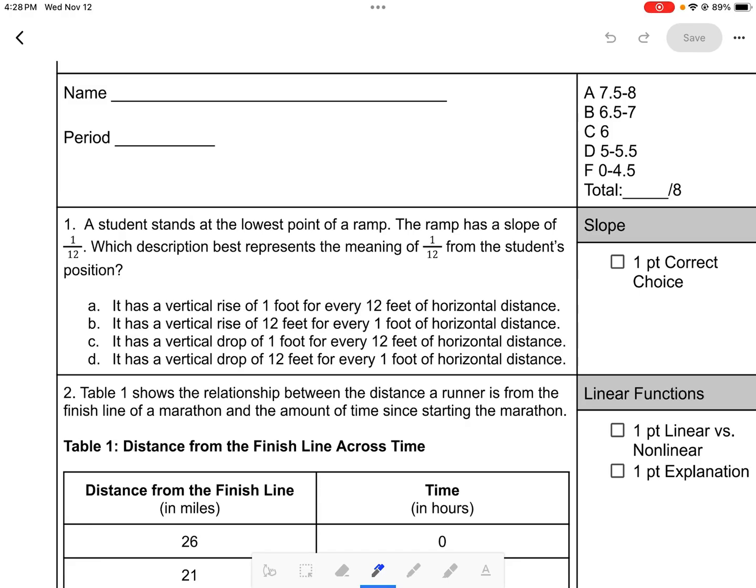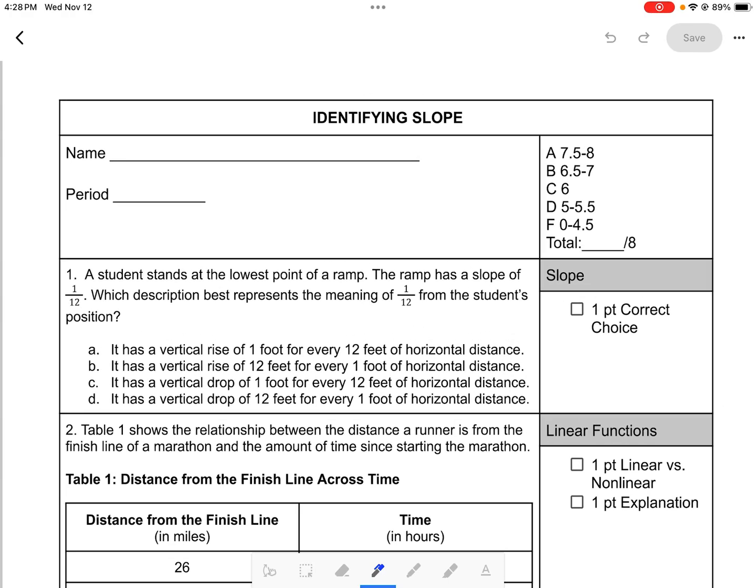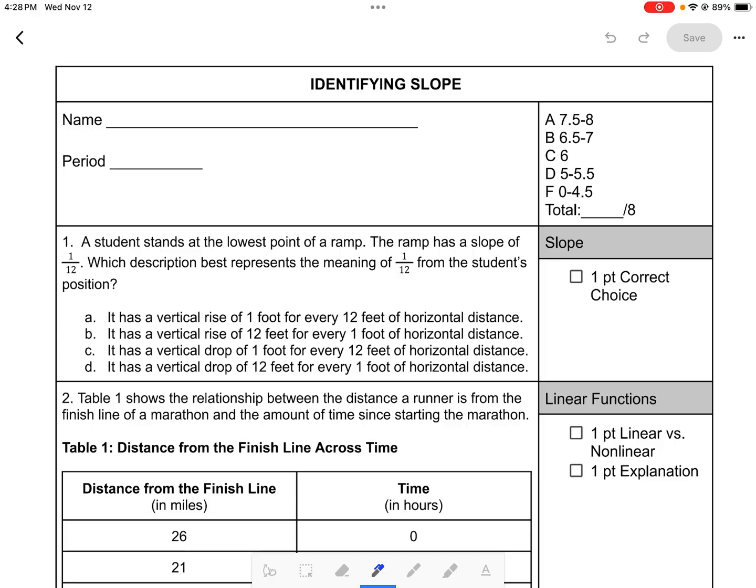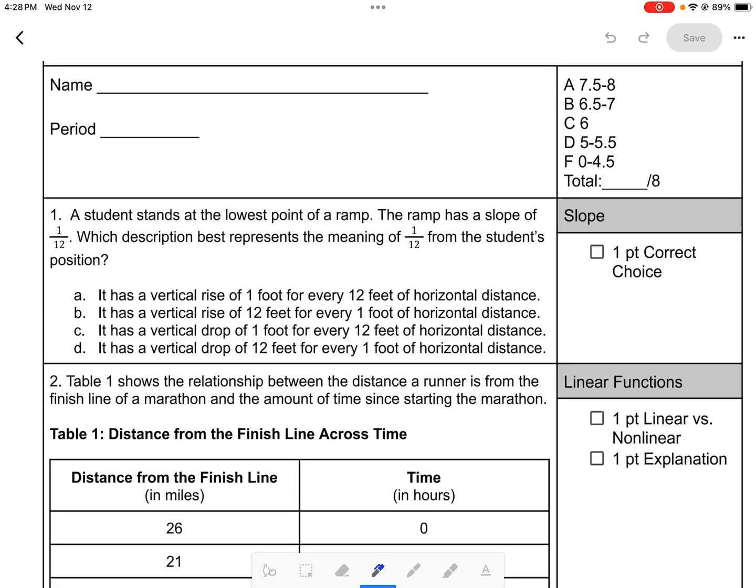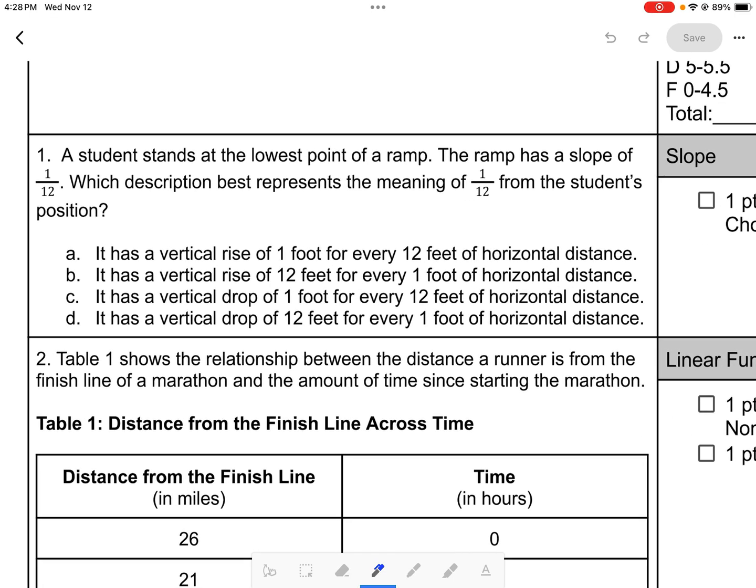Hi friends, today we're going to be looking at our identifying slope quiz, and we're going to start at number 1. Number 1 says a student stands at the lowest point of a ramp. The ramp has a slope of 1/12. Which description best represents the meaning of 1/12